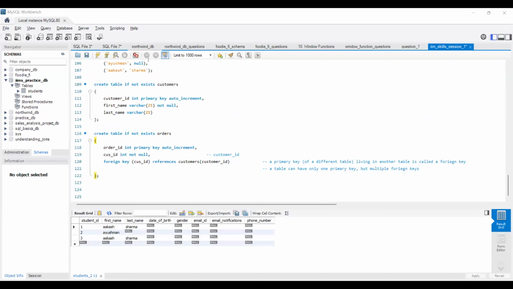Okay. So that's your primary key, auto increment, not nulls, uniques, and foreign keys done. Then there is one more thing which I think you should know, which is default. Default is something that assigns a default value to someone. For example,